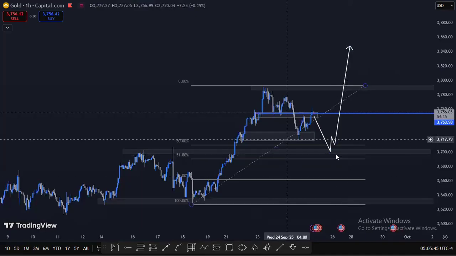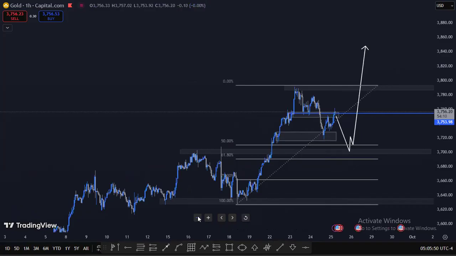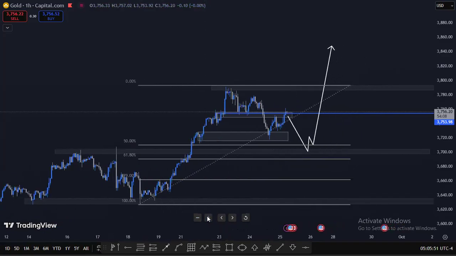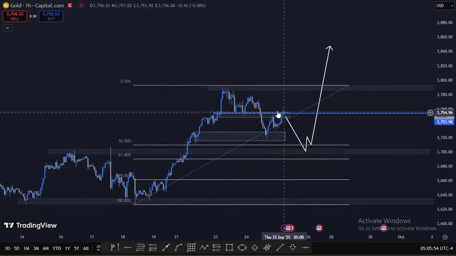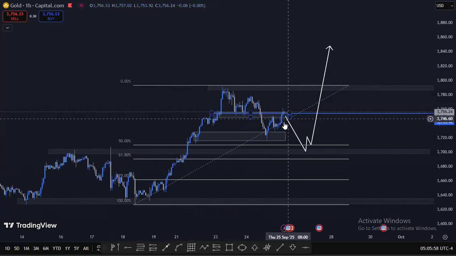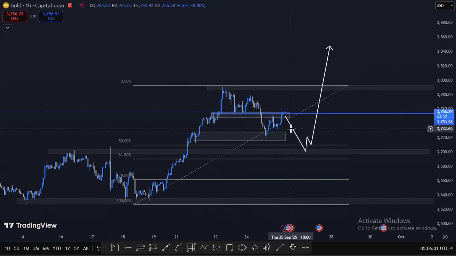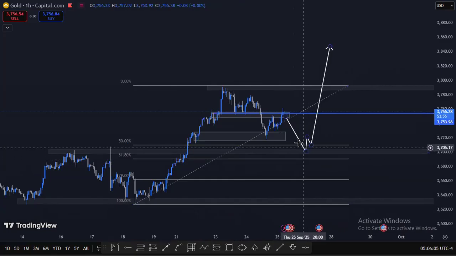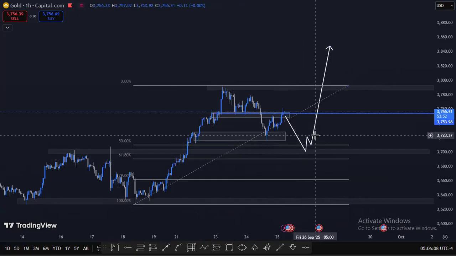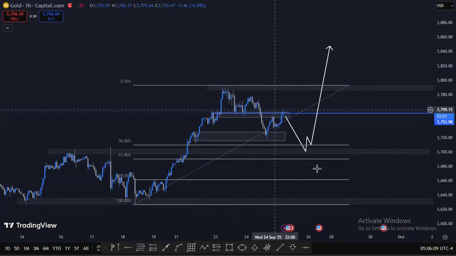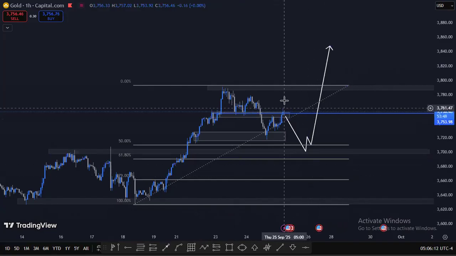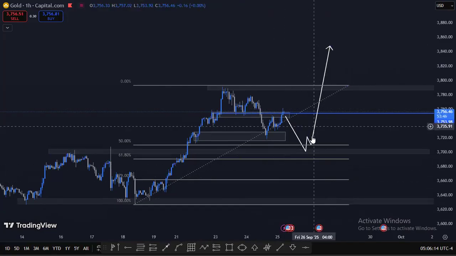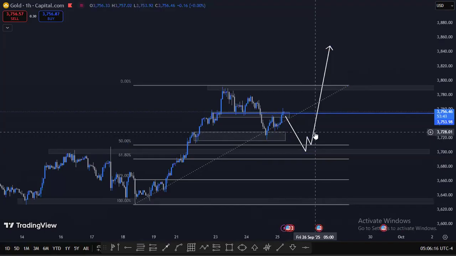So that's what we'll be looking for, because the higher time frame overall direction is bullish. You can take sells maybe if you get an opportunity somewhere around here. If price reverses back and closes below this level, then that's the only time you can enter a sell, targeting this level here, hopefully for it to reverse and continue going up. But if price doesn't come back to this level and continues going to the upside,